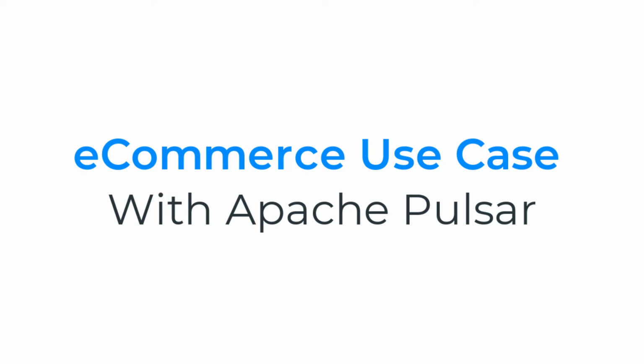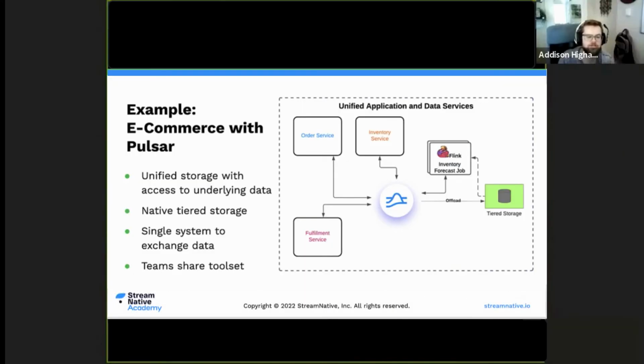Whereas with Pulsar, the real goal of its design is to give you a unified storage and transport of messages and streams with access to the underlying batch data. So here, Pulsar's messaging capabilities are being used directly to connect applications, but those same messages, same data, same infrastructure can be used for both batch and stream computing jobs directly through its streaming capabilities, as well as being able to offload data, where the native tiered storage allows us to offload data and then have that read directly by stream processors, batch systems, et cetera.